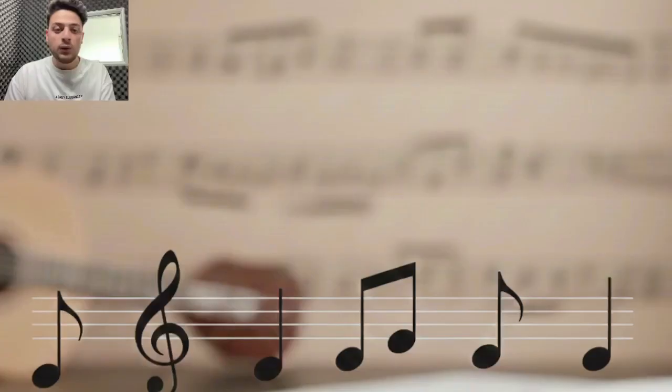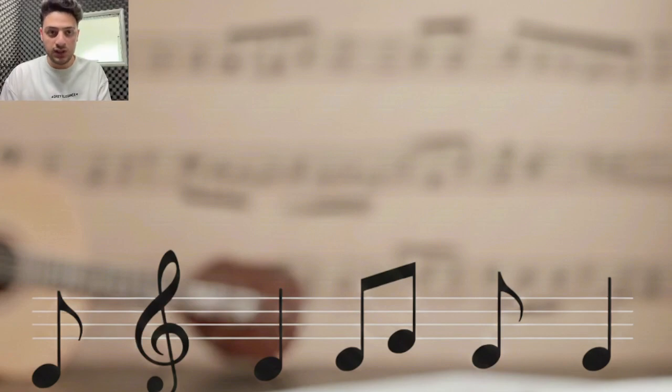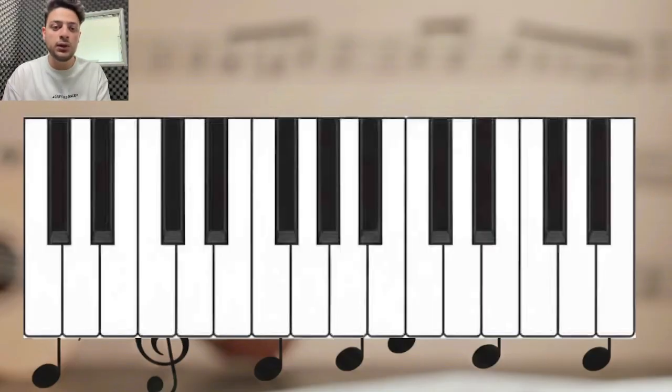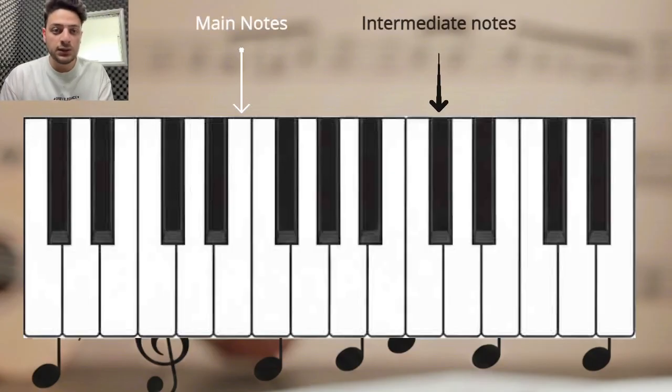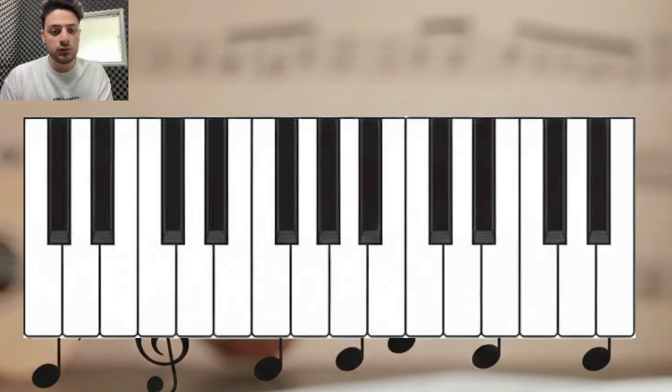Let's continue. Alright guys, our question was, considering that we only have 7 main notes, why do people talk about 12 notes in music? To help us answer our question more clearly, we're going to use these piano keys for a much better understanding. Here, I've brought along a detailed picture of the piano keys for you to look at. Right here in front of you, you can clearly see the layout of the piano keys. It's very clear. The white keys are our main notes and the black keys are the intermediate notes. You don't see it like this on the guitar, and that's why it's a bit confusing.